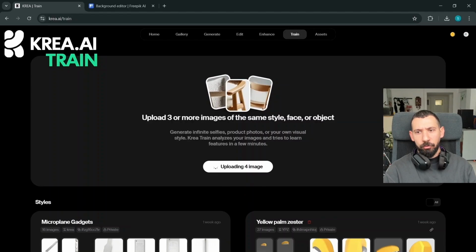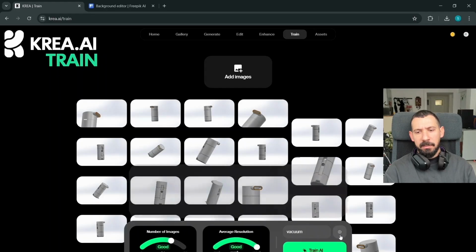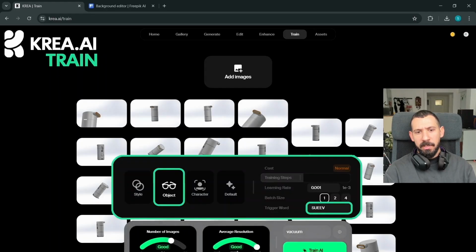It provides me with an indication regarding the quantity of images I've uploaded and whether their quality is sufficient. In this particular instance, I uploaded approximately 35 images, which proves to be adequate for its requirements. One always has the option to upload additional ones. When I'm providing it with the training definitions, I need to clearly state that it's an object and not a particular style or a specific character, and also to inform it what the trigger word is. What exactly does that imply? Which specific word should I be using within the prompt